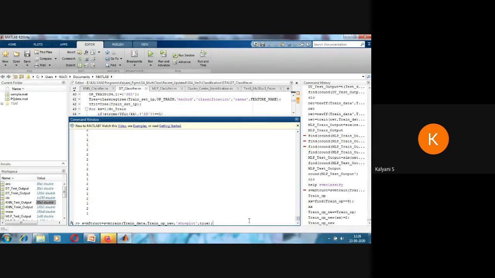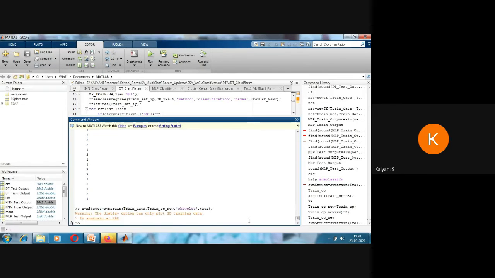Similarly, I have to go for the test also. Test output new also I have to build before simulating. Here again the problem is it is able to plot only 2D. In train data we are having 4 columns, no? So better we will remove the show plot.